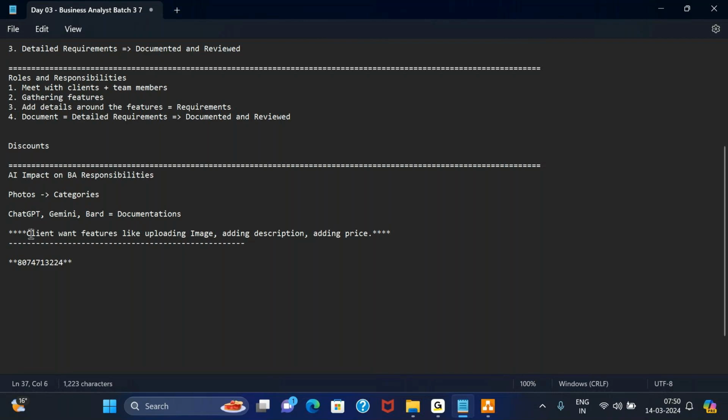Now you will be surprised or amazed that this one-line statement could be converted into one paragraph by these AI tools. That could definitely help me if I am running short on content, so I can use these AI tools to increase my content, or to make people believe that I am very good at documenting things.